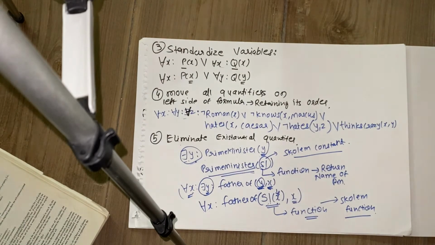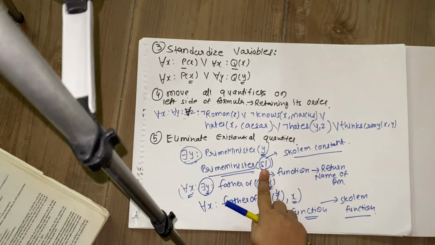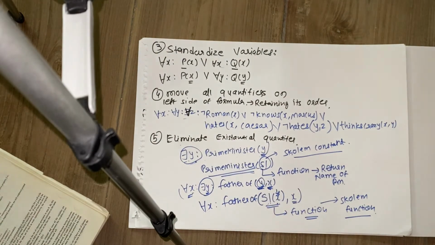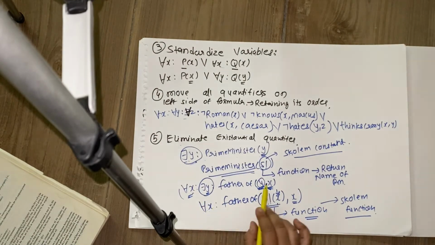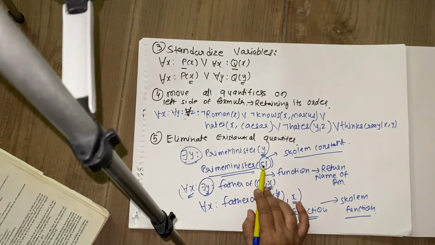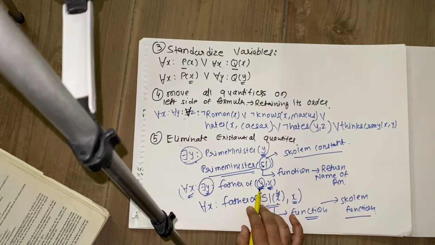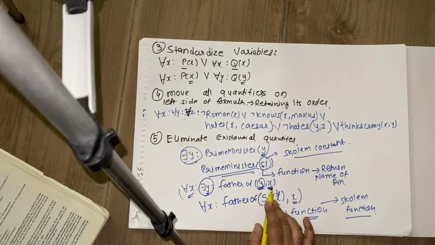We are not going to create any function here, we'll just assume S1 is some function, and it will later return you some value. Now we have taken the second example of for all x there exists y such that y is father of x. So the value of y over here depends on the value of x. So you cannot use a Skolem constant here. Why? Because the value of y will be calculated based on the value of x. So you have to use a function which will take x as argument.